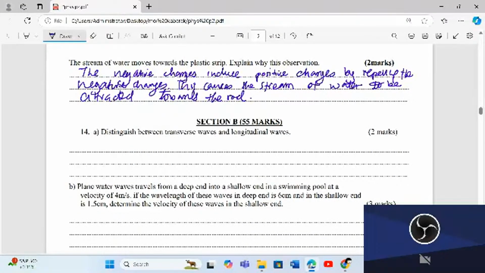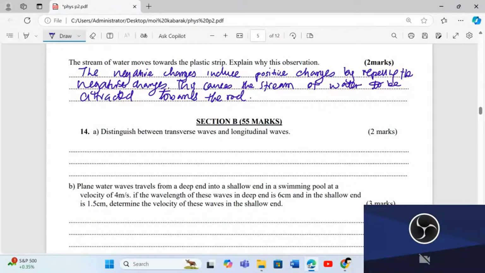Distinguish between transverse waves and longitudinal waves. This is now section B. Then we can go by. Transverse waves are characterized by the vibration of the particles causing the wave moving perpendicular to the direction of the wave, while for longitudinal waves, the particles move parallel to the direction of the wave. Therefore, now you can say transverse waves